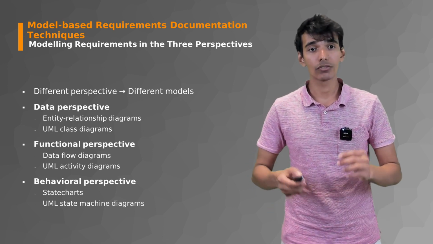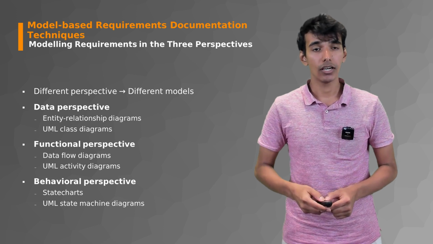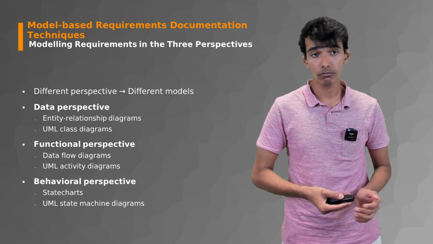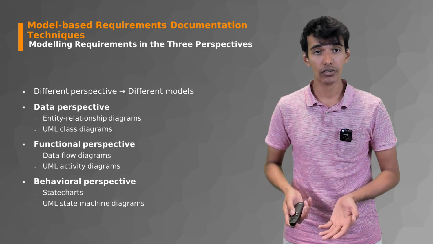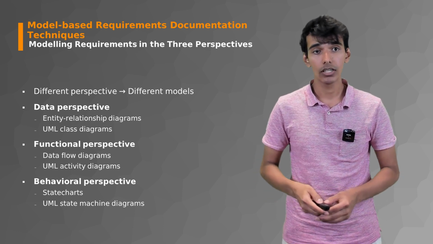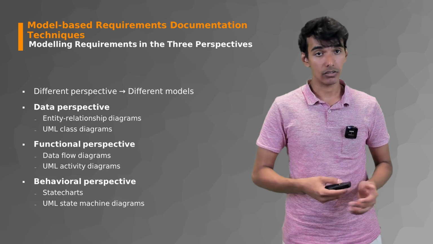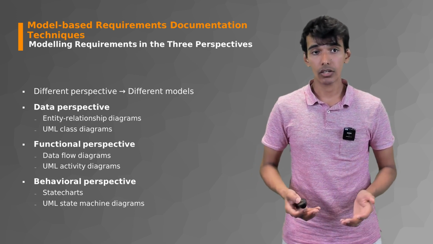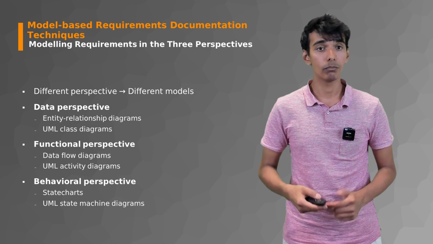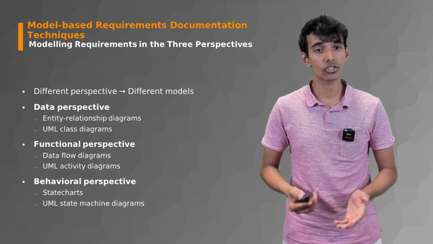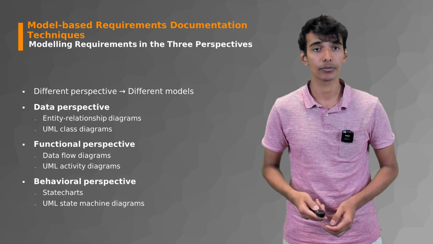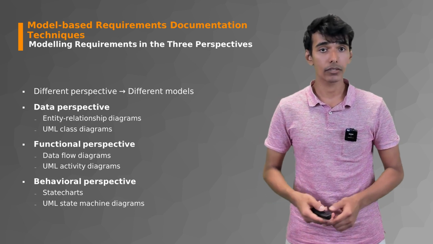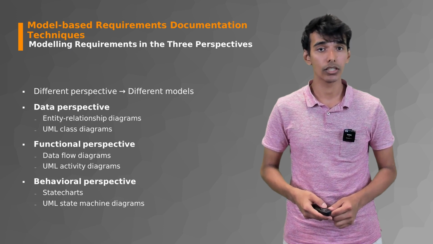These are not strict rules, but as an example, when you have a data perspective to cover, you could use entity relation diagrams or ER diagrams, or you can use UML class diagrams. For functional perspectives, you can use data flow diagrams or activity diagrams, and for behavioral perspectives, you use state charts or state machine diagrams. So the first one is data perspective, and we talk a little bit about what ER